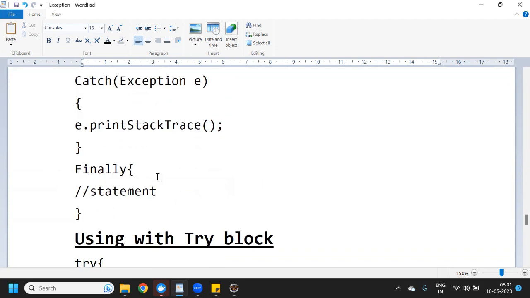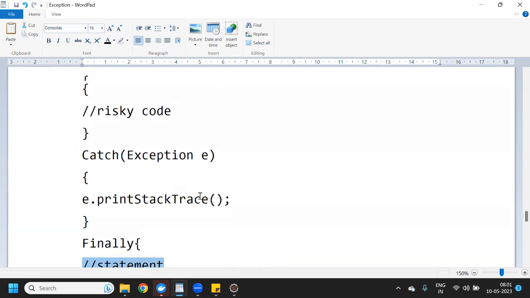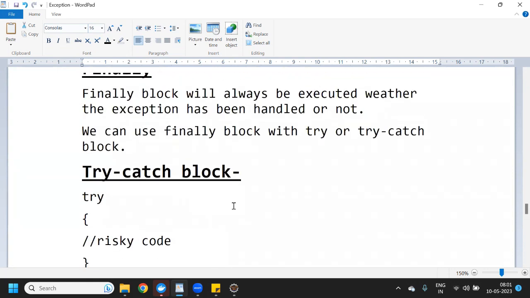After that, we can use the finally block. Under the finally block, we can write some statements or the cleanup code. I will explain what the cleanup code is. This is the syntax of the finally block along with the try and catch blocks.